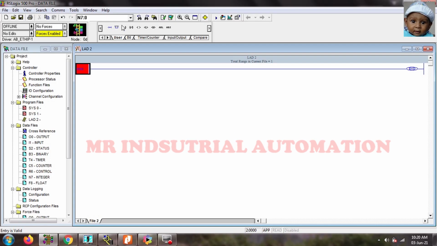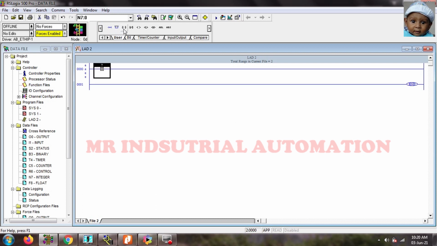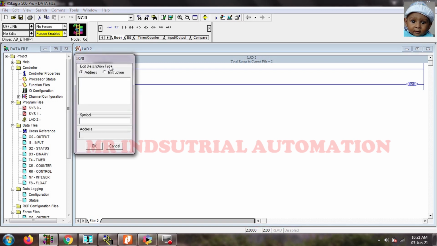Okay guys, now we will see the PLC based interlocking programming on RSLogix 500 software. RSLogix 500 is a Rockwell Automation software and we will do the programming in ladder logic. As you can see, I have taken one input and the address I have given is I:0/0.